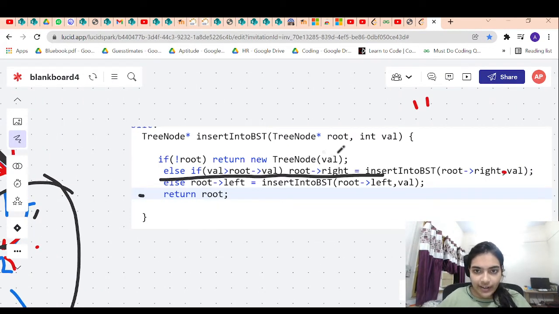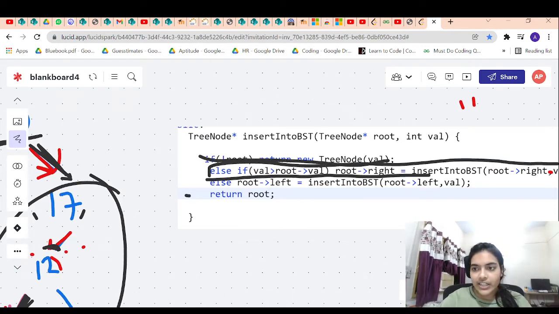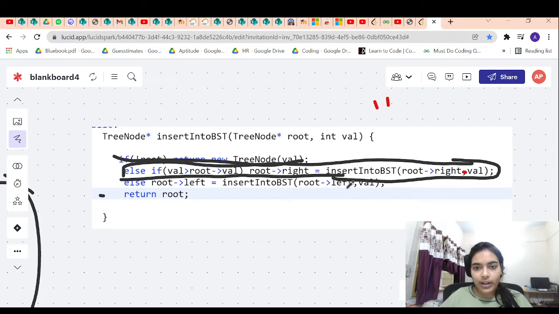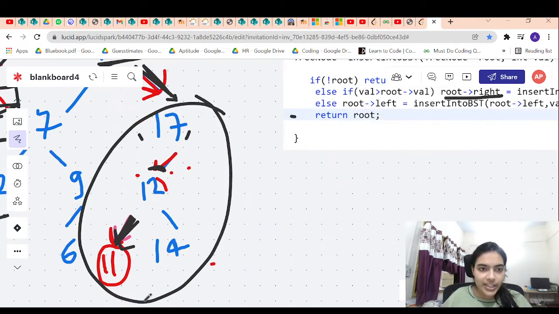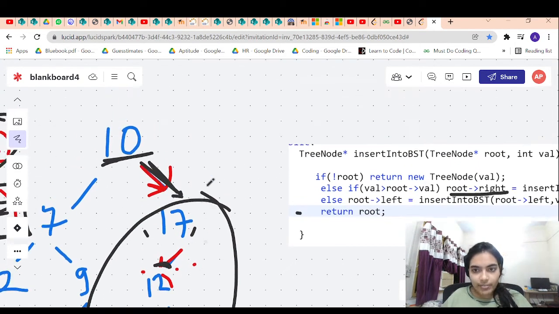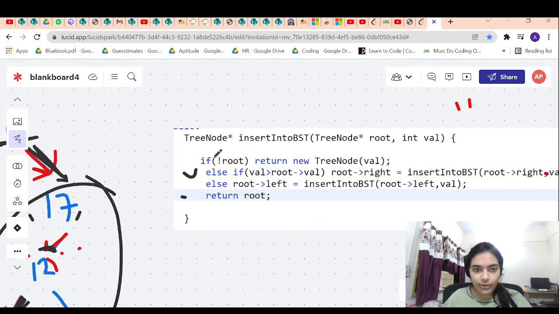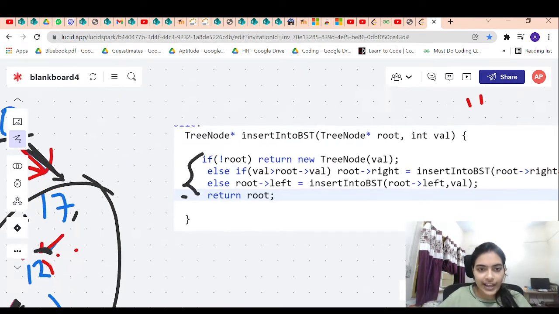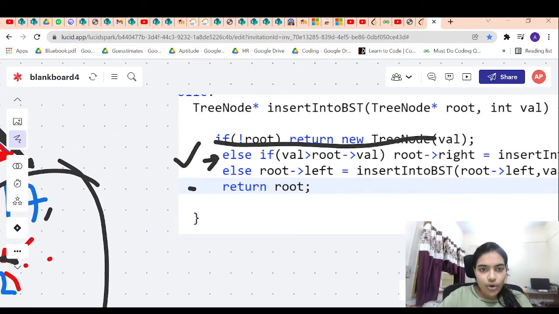When the root was 10, we had checked the condition 11 is greater than 10. So this condition was false, but the second condition was true. So that function call had been made, and that is returned. So the right part of the root will become this entire part of the tree, because that entire thing is getting returned. Now this piece is also executed, and it is if, else if, and else. The first condition is false, the second condition is true, so it will not even check the third condition. It will go to this line, and we are returning the root.